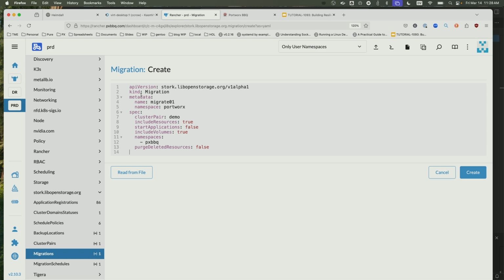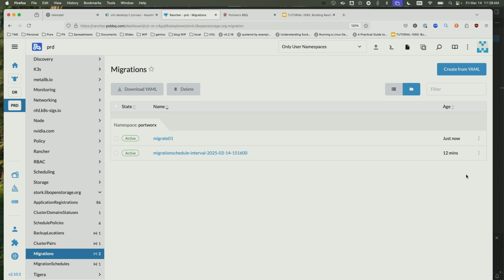Importantly here, I'm not going to start the application. So this is just a replication. I'm going to do that as part of my disaster in a moment here. Let's go ahead and create that. This is where I tap dance around for a minute. I think this takes 1.3 minutes to handle.